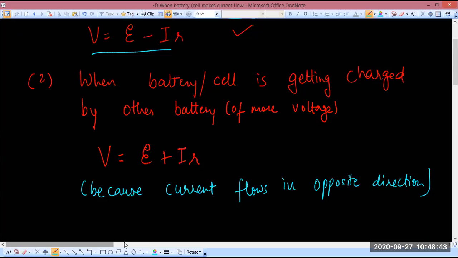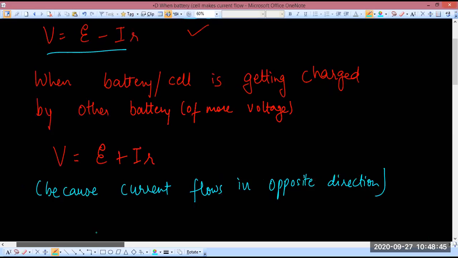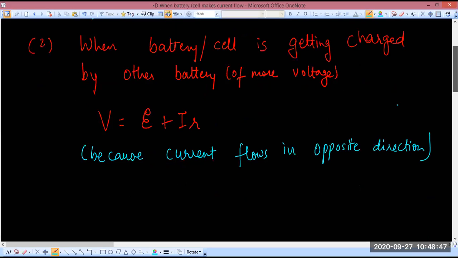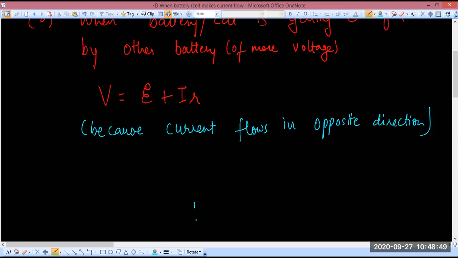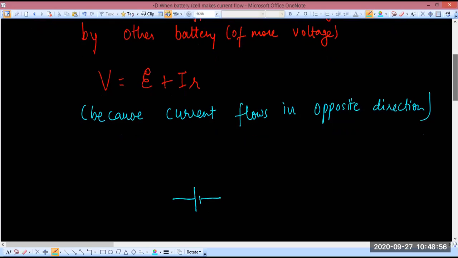At that time, the circuit actually looks like this. Suppose this is the battery which we want to charge. Let's call it cell 1. We want to charge cell 1 or battery 1. So to charge that, what we will do is we will connect it with a